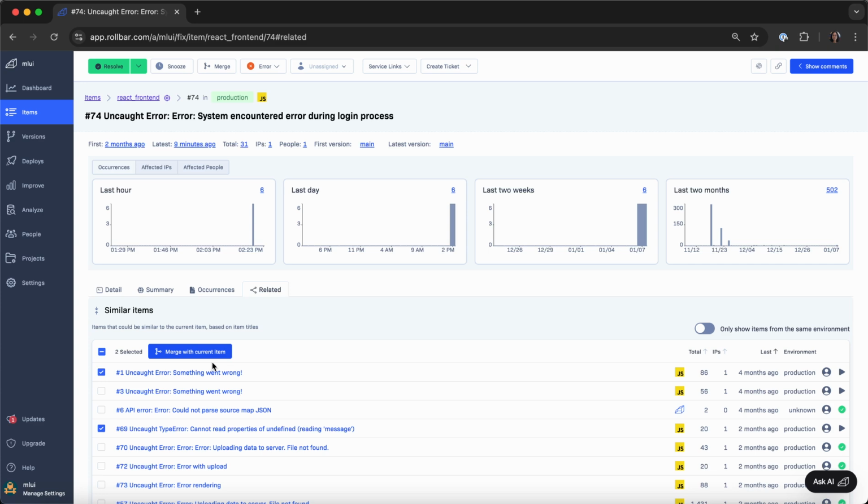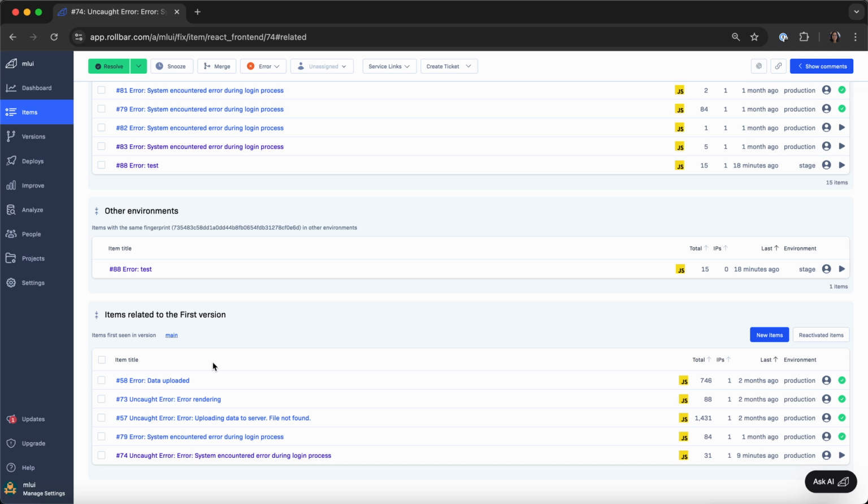system. We have also now added new tables that show items introduced or reactivated in the same code versions as your current item. This helps you find other items that might have the same root cause because they appeared with